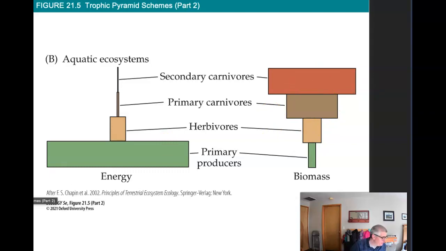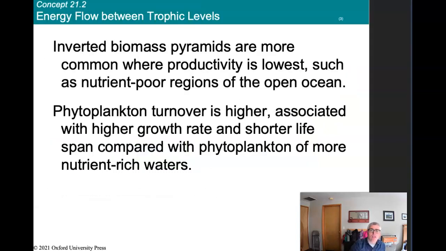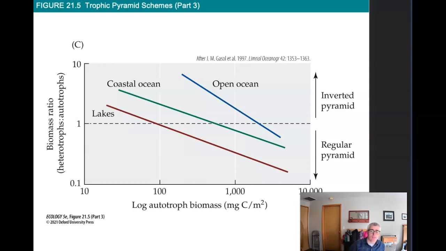I think it goes back to Odum. Odum in the 40s had written about this, so it's been around for a while. The inverted biomass pyramids are more common where production is the lowest, such as nutrient-poor regions of the open ocean. Phytoplankton turnover is higher, associated with higher growth rate and shorter lifespan compared to phytoplankton in more nutrient-rich waters. So you're more likely to see this in the open ocean compared to coastal oceans that have a fair amount of